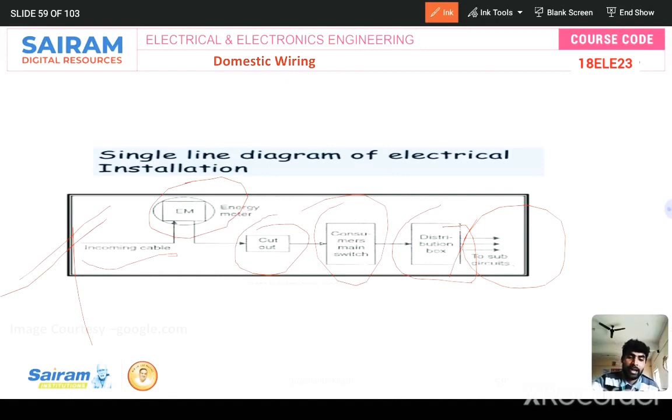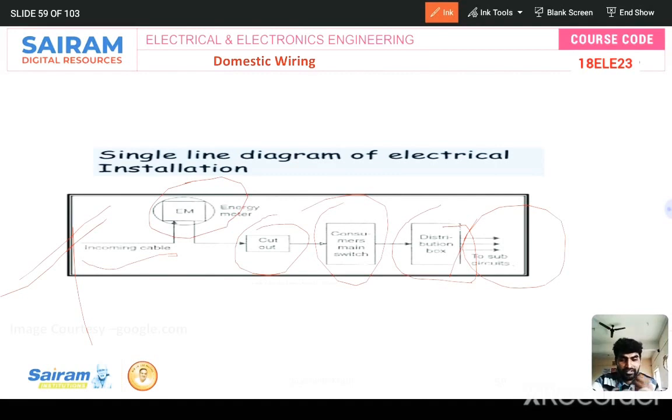Even in our home, from the pole to your home, there is a service main. After that, there is an energy meter, I mean, a meter board, and a complete control board will be there. We have an MCB, and then a fuse will be there. And after that, there are sub-circuits. Suppose for a borewell one MCB, for domestic usage one MCB, and another MCB for other usage. Likewise, we are segregating the electrical power supply controllers, right? So this is one best example: a single line diagram for an electrical installation power supply system.